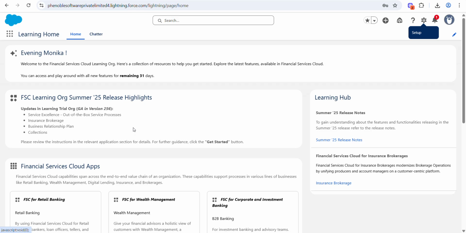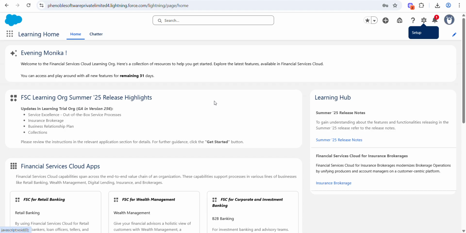Let's start this. Let's talk with an example first, so that you can understand better. We are going to follow the wealth advisor Rayan and a personal banker Hunk Burton.